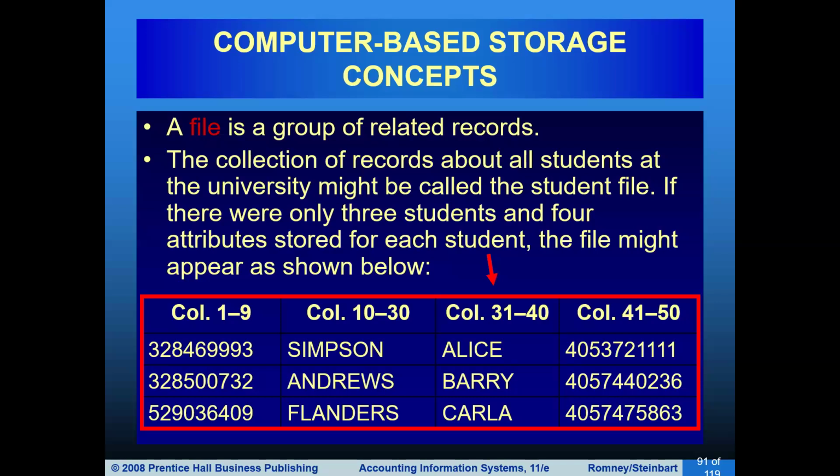Student file, customer file, supplier file. For a customer, the details like phone number, address and all make a record. If we take only the phone numbers of all the customers, a column,